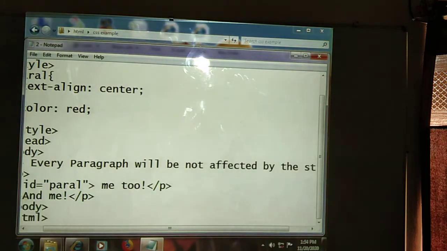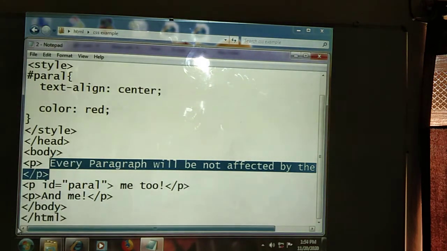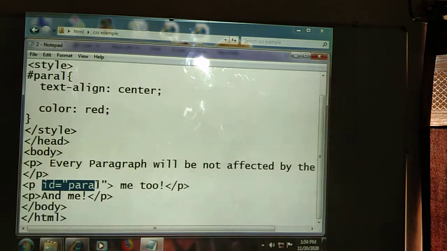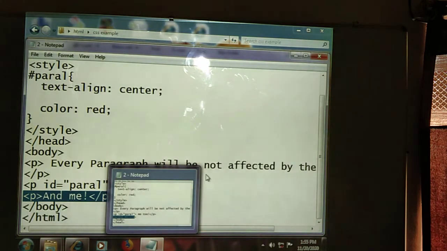This first paragraph will be in the default browser color. Next, in the second paragraph we are using the selector ID, and in the third paragraph we declare the text. Then we can see how the output should be displayed.